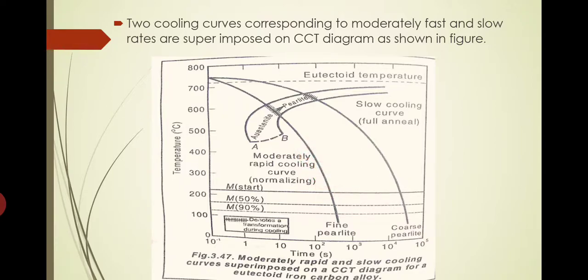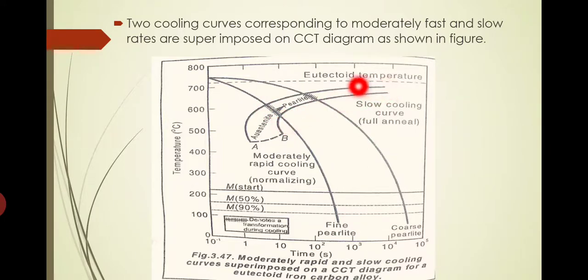So in that case, the final product will be fine pearlite. In the earlier one, if the cooling is in the furnace itself, then we will obtain coarse pearlite as the final structure. Within these two regions transformation is taking place. Here it is written that the symbol denotes a transformation during cooling. So the cooling transformation starting point is this one, and the transformation end point is this one. Here the transformation starting point is this one, and this is the end point.